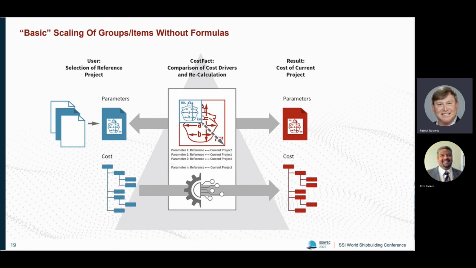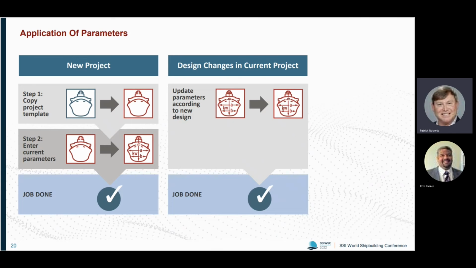Is it the number which has to be increased or decreased, or the cost and so on? That works in the background, but always with the possibility for the user to control everything that happens, and a cost history is written for documentation purposes. And so in an ideal project, the procedure is that we have either a new project and we have a